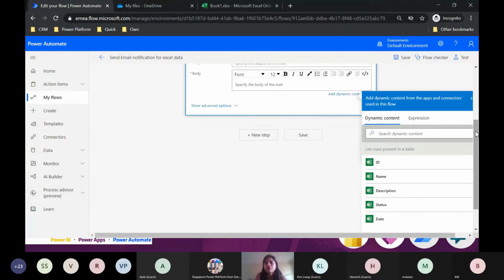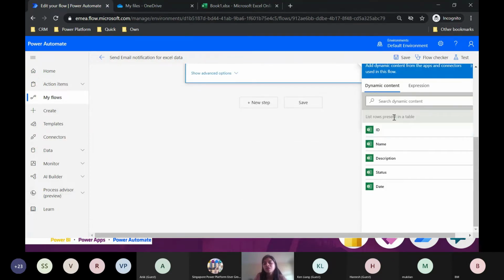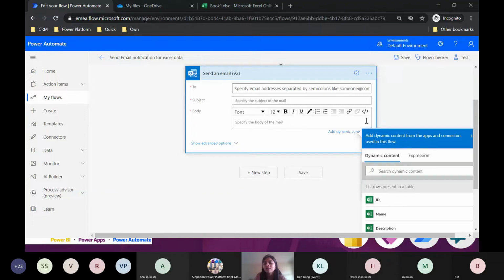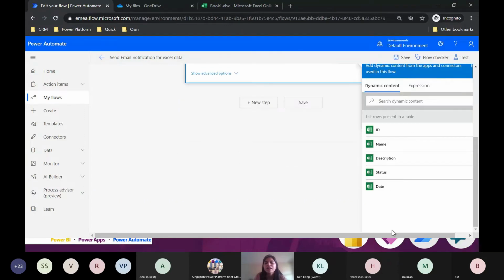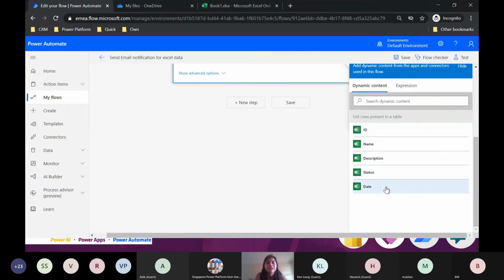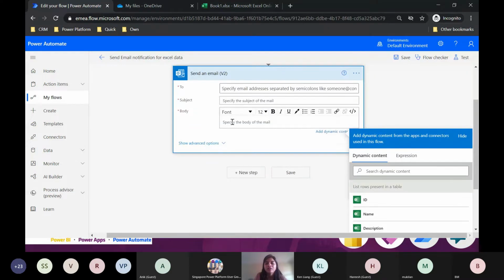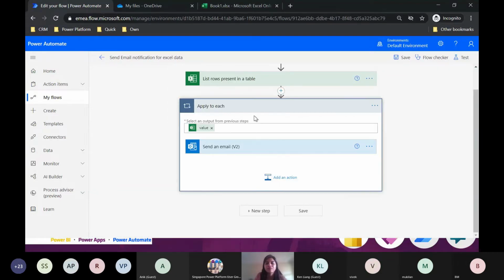Let me click on the body. If you see here on the body and on the dynamic content side of it, I'm getting ID, name, description, status, and date. These are all the columns. But now if I add here, let's say I type ID, you will see as soon as I type one value, since there are multiple records present in my Excel table, an apply to each loop was added.